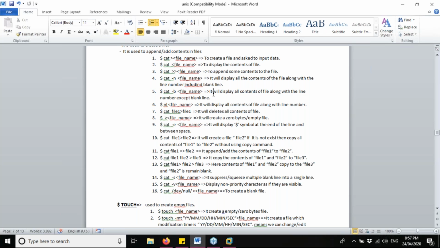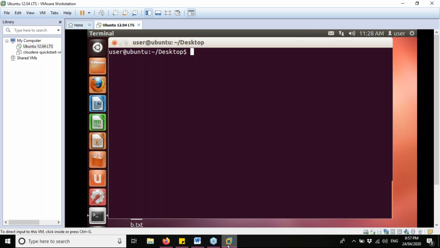Okay, so now let's try that. So cat space hyphen b followed by the file name. Let's do it with b.txt now. Put a space, okay, and then hit the enter button.